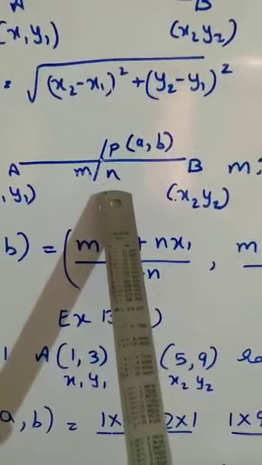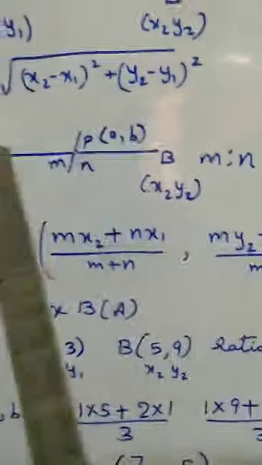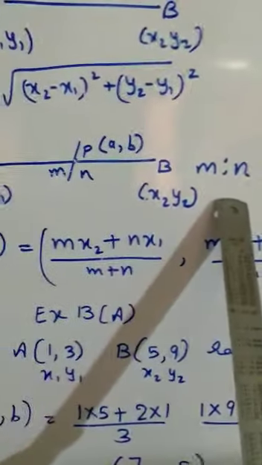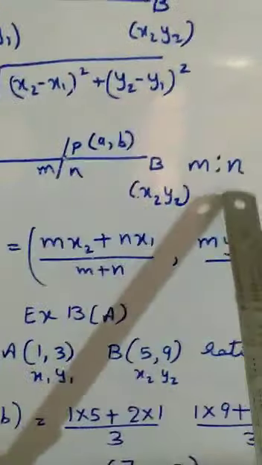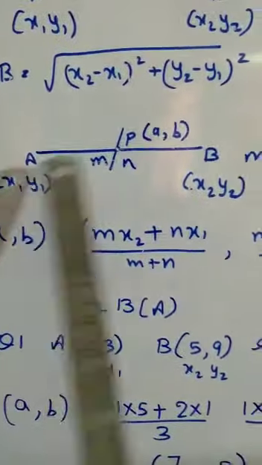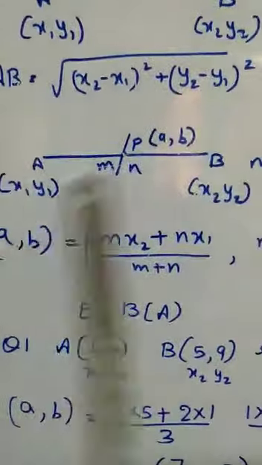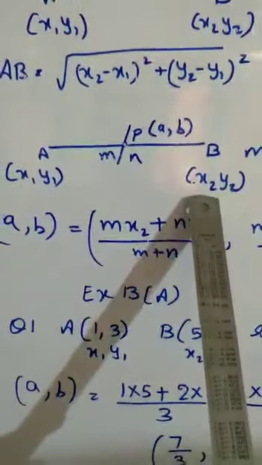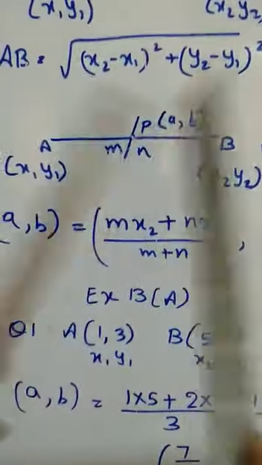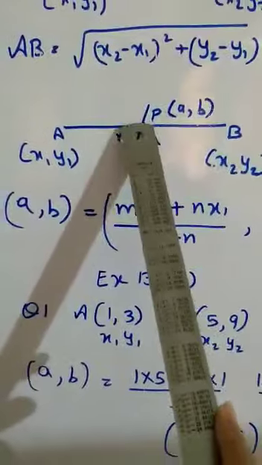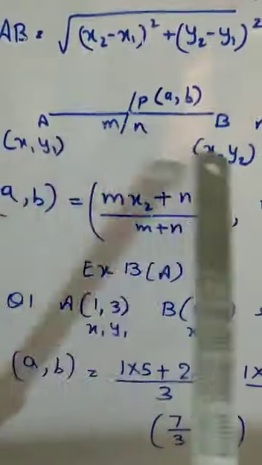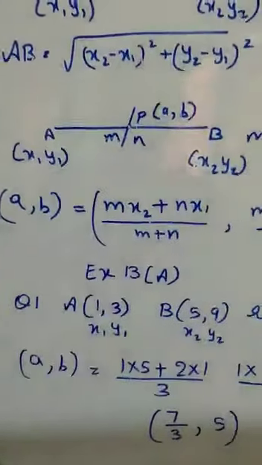So that is what we take as the ratio, that is M is to N. From A to P it is at M distance, from B to P it is at N distance. Now M and N are the ratio. We can find the coordinates of that point P if they have given us the coordinates of A and B. So this has three parts: coordinates of A and B, the ratio, and we find the coordinates of point P. I have taken the coordinates of P as a and b, but we can take any variable. I have taken a and b because x and y I have already used for line AB.